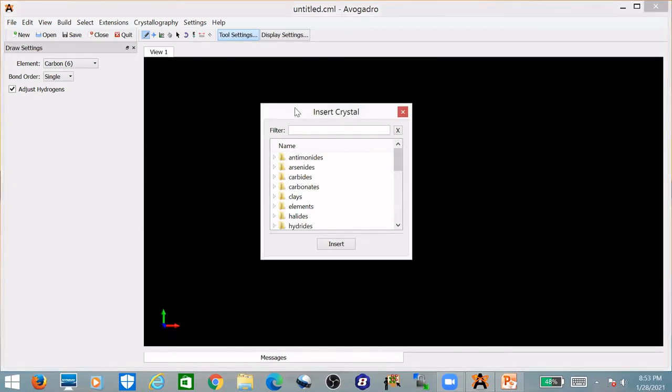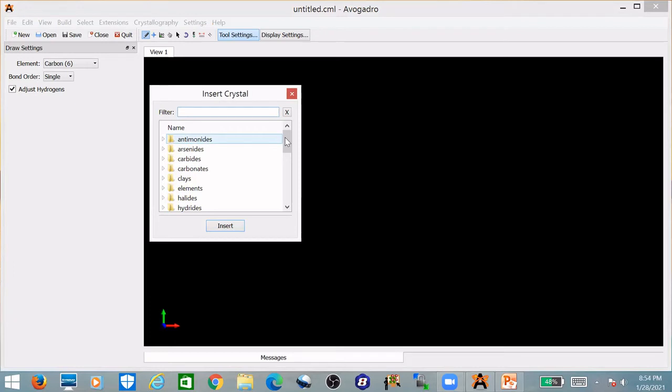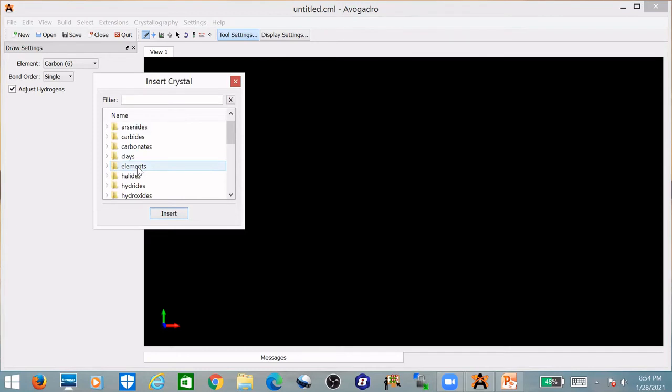Now, a dialog box opens, and you can see that there are varieties of folders corresponding to different categories of solids. So for example, if I want to load a crystallographic information file corresponding to an alkali metal, then go to the elements folder, click on it,